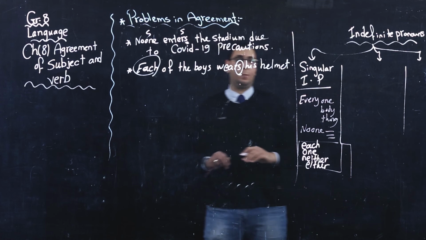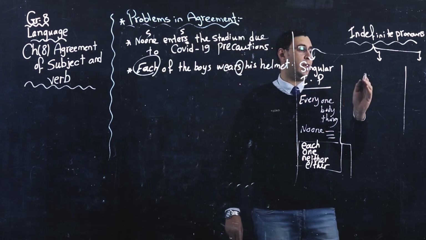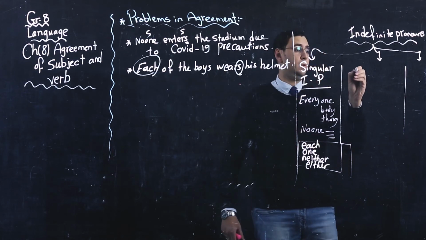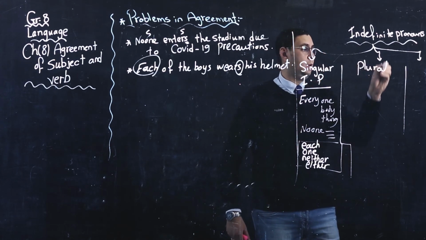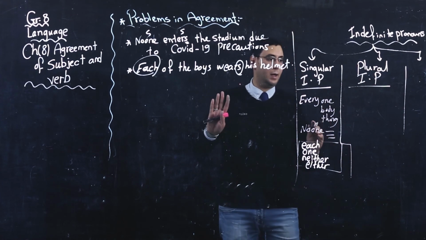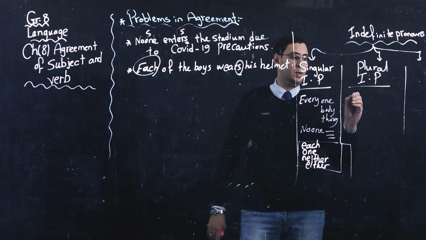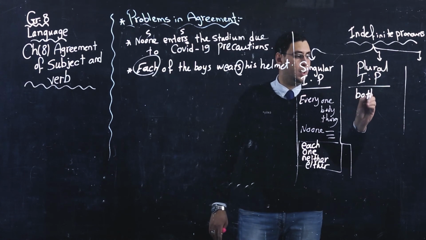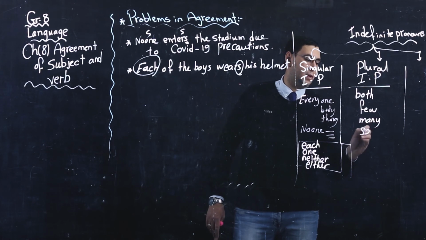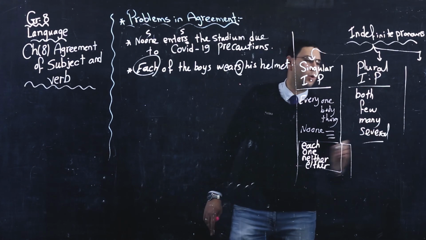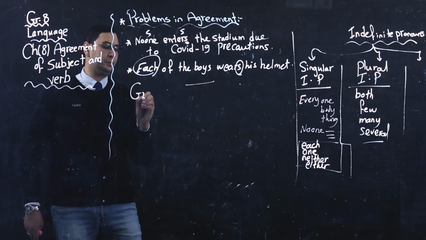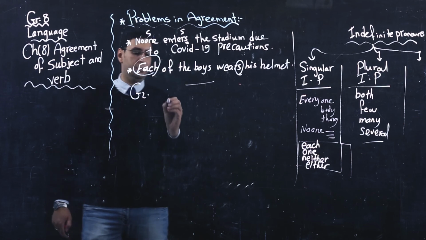What about the second part or the second group? The second group, we have 4 indefinite pronouns that are always plural. So those are plural indefinite pronouns. And we have 4, and you can keep them easily. So the first one, both, few, many, some. They are always plural, and for example, for the second group, group 2, we can say both